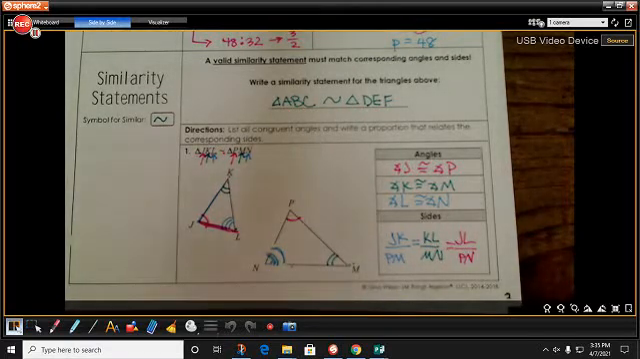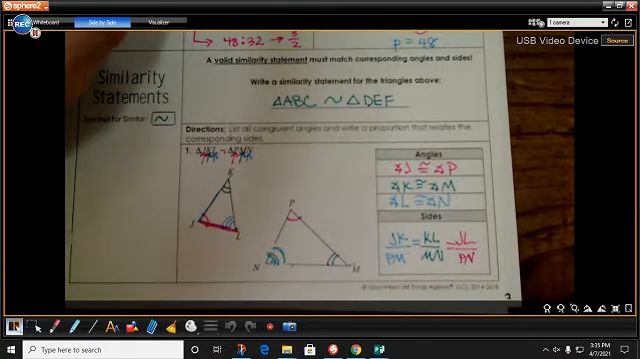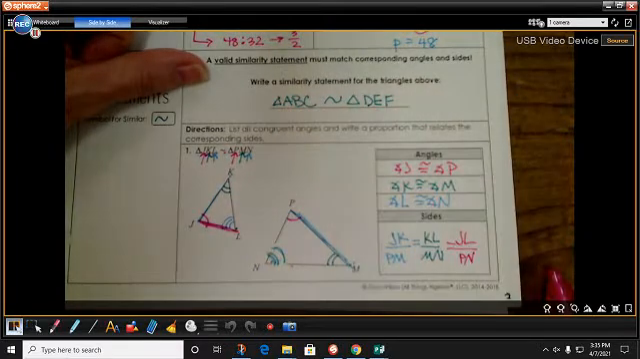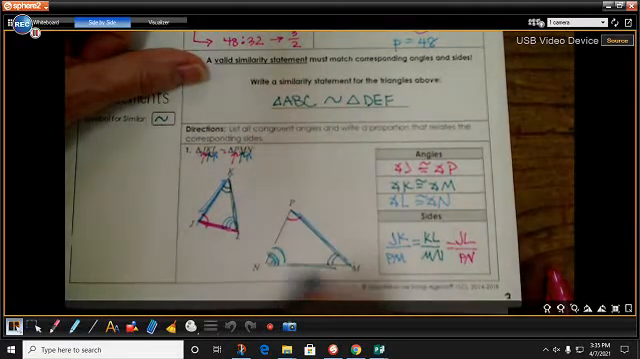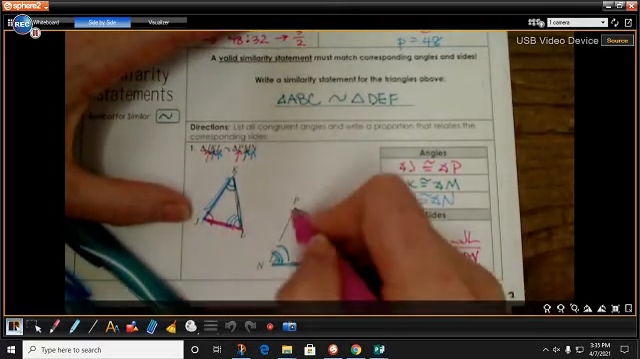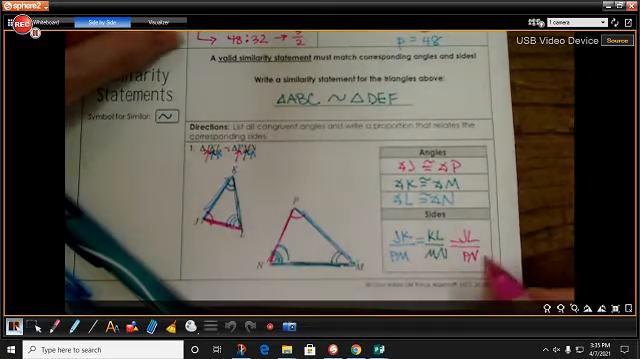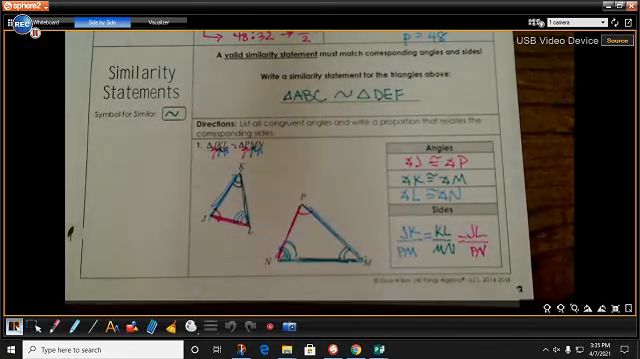So these are not the same size. When I compare JK to PM, it's not going to be the same size. However, JK and PM make a ratio, and that ratio should be equal to the ratio I get from KL and MN, and that ratio should be the same as JL and PN. So this one has equal ratios. These ones have congruent angles. Using what we see here now,